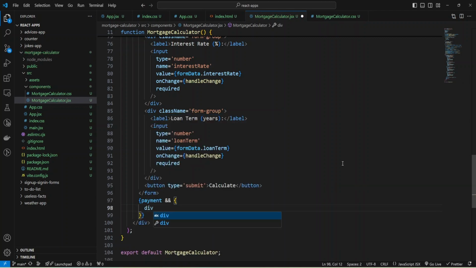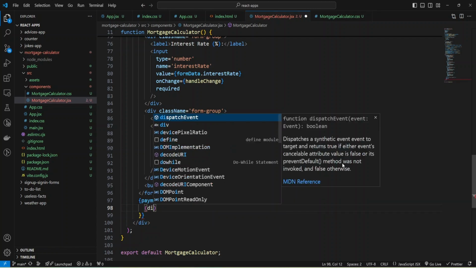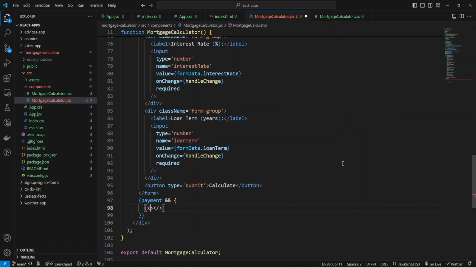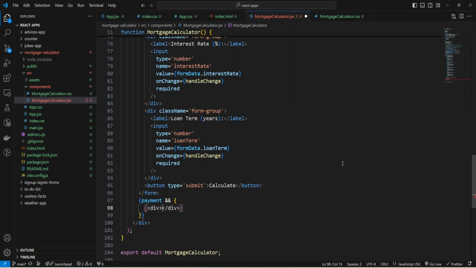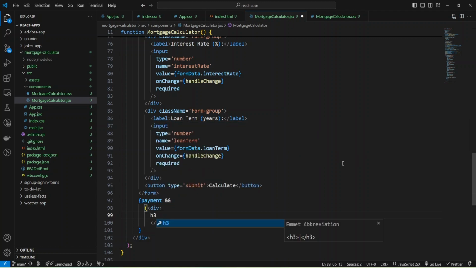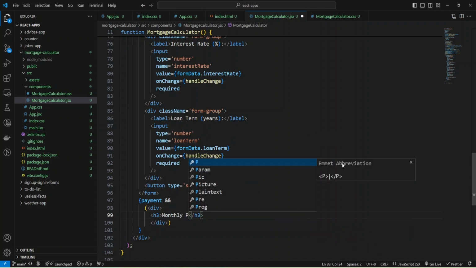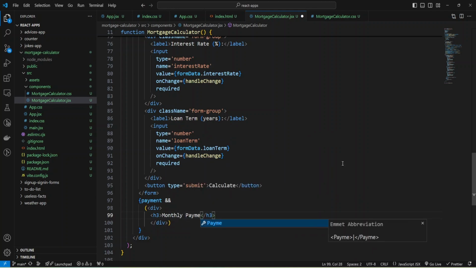And let me add some div, and inside JSX I'll have div, called div, and I need to remove all this. And inside div we'll have h3 text, and provide monthly payment, and we'll have our payment value,